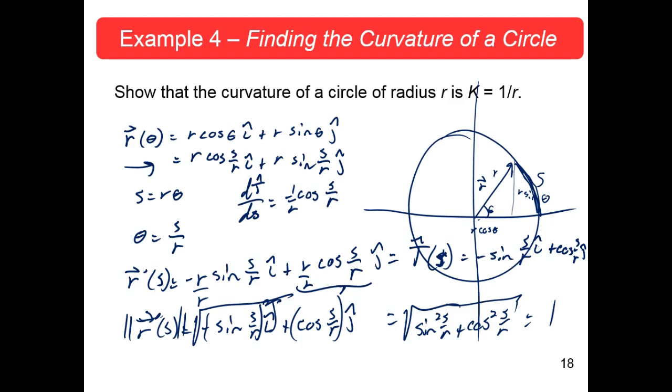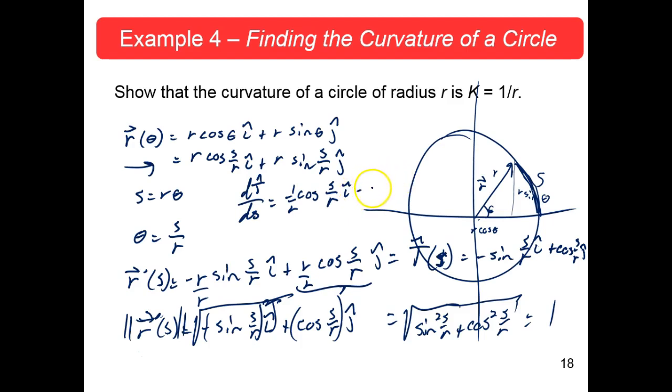So this would be the minus cosine s over r times 1 over r, okay? And that would also be a vector, i, okay? And then the second part would be